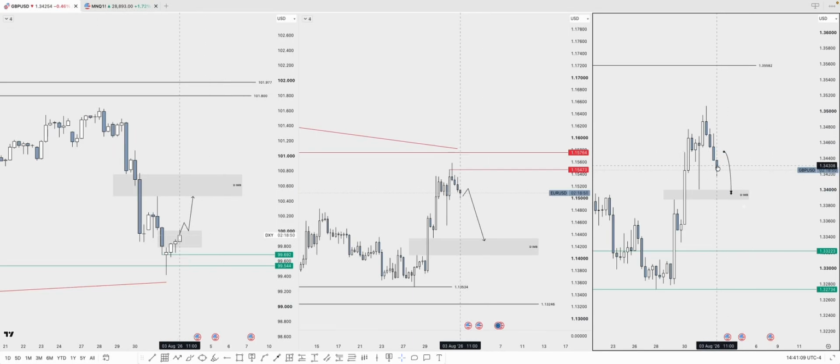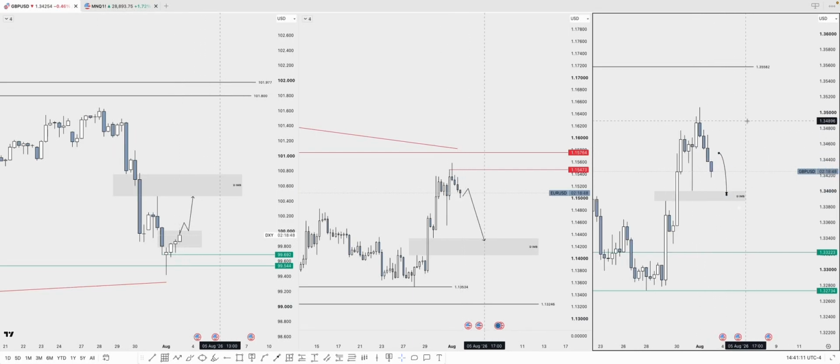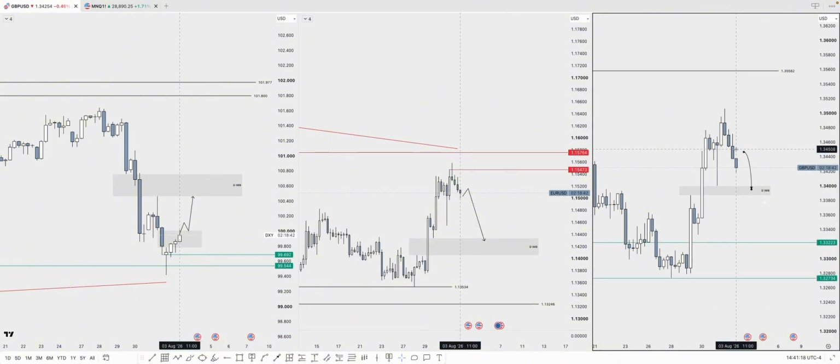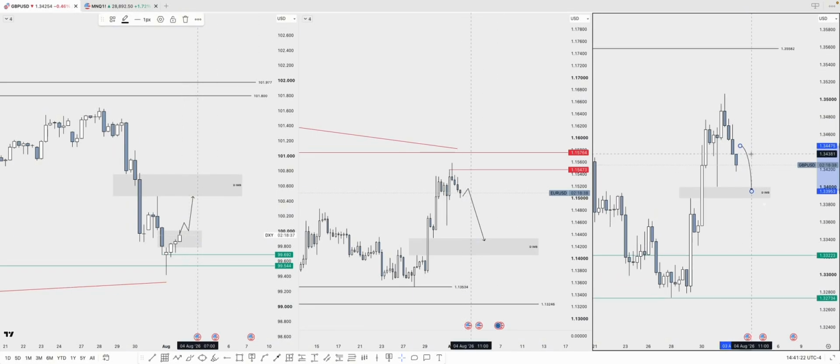I think London tomorrow should provide something worth working with. I will be looking to take a trade tomorrow in the London session towards the daily imbalance highlighted here, the Friday low as well. So with that being said,